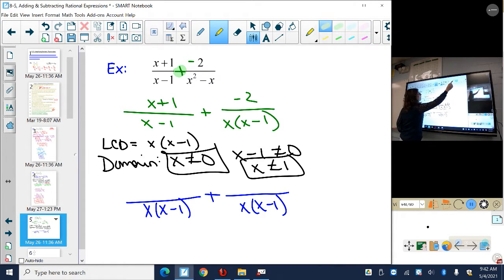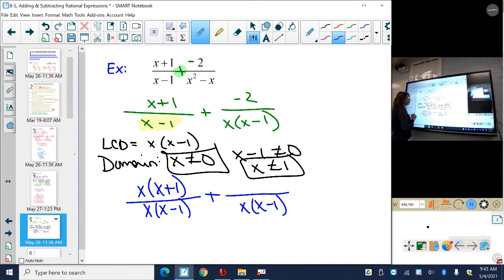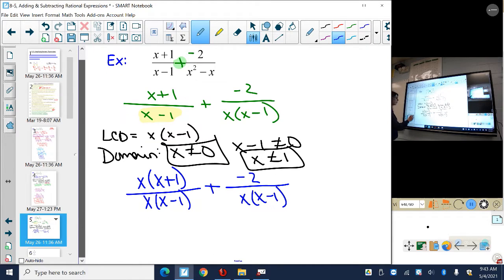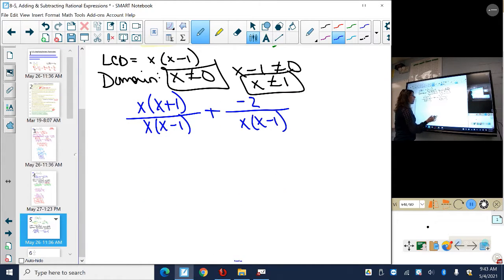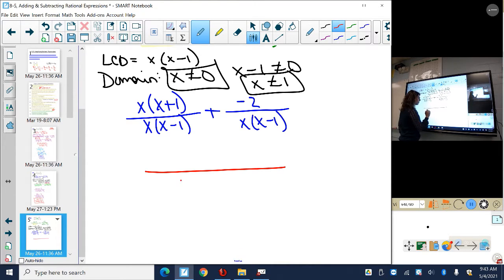So let's look at this very first denominator. What did I multiply x minus 1 by to obtain the blue denominator of x times x minus 1? Well, I multiplied it by an x, and then I'm going to simply drop down the current numerator, which is x plus 1. What did I multiply this x times x minus 1 green denominator by to obtain the blue one? Nothing, so I just simply drop down the minus 2. So now I have two fractions that have exactly the same denominators, which means I can marry them